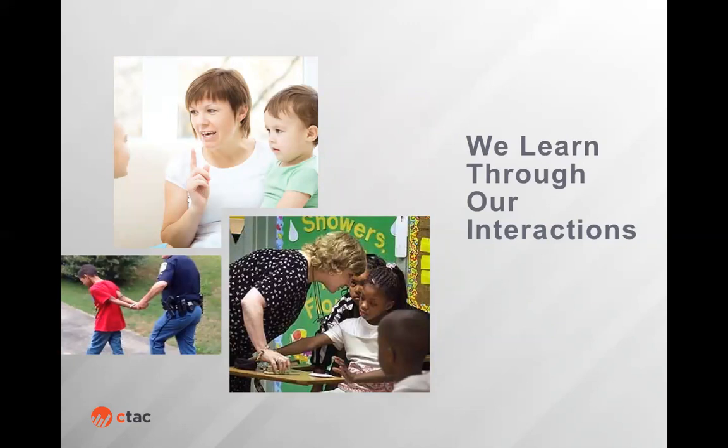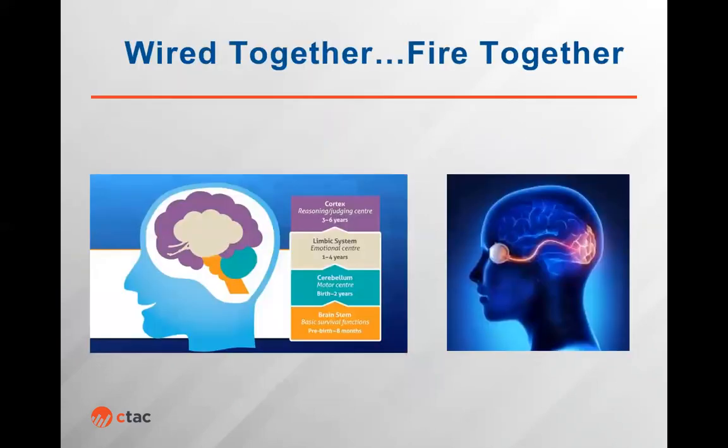If you're in environments where something about your skin color, your gender, your socioeconomic status, the way that you're communicating, your body type, your religion, your political beliefs, all of these things are also ways that we learn through our interactions. And if the ways that you are in the world make it clear that that is wrong and not the proper way, we'll also learn that. In other words, neurons that wire together fire together.